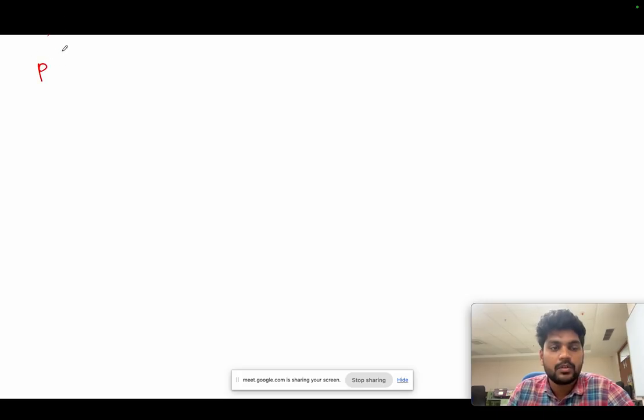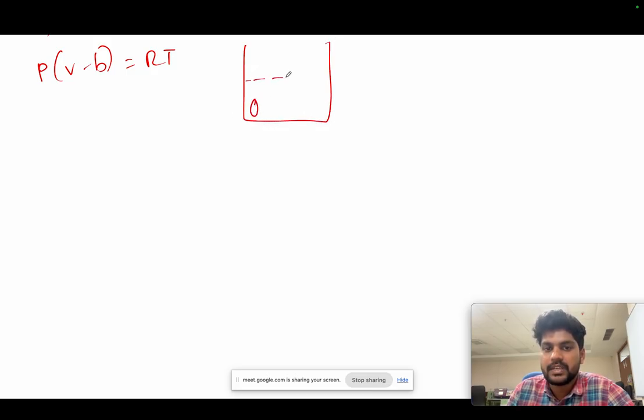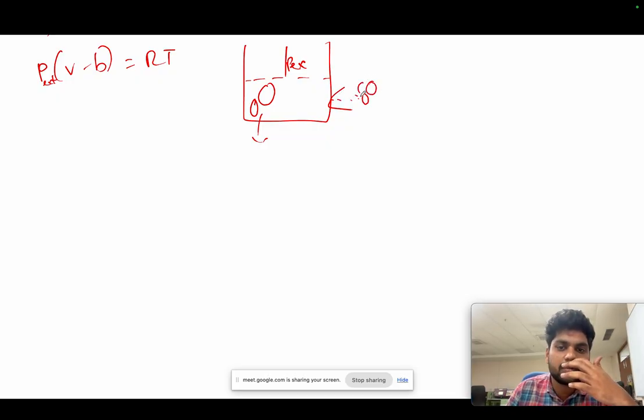So they said P(V minus B) equals RT, and then they understood that if the volume is very small and we are considering two molecules, what about the pressure? Here P is the external pressure, you need to understand this. What about the pressure exerted by a single molecule while going towards the wall or between two molecules? What will be the attraction and repulsion forces? There will be some pressure exerted by this, so they said that pressure will be